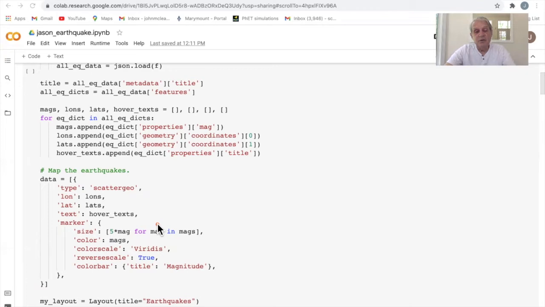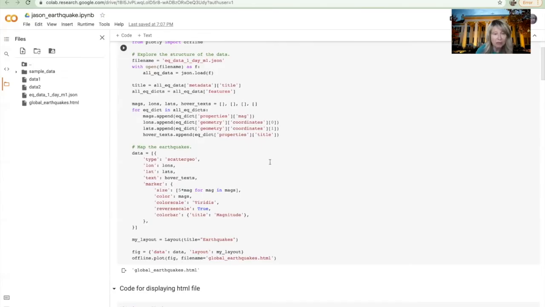And if you hover over it, you'll get the title, that is the location of where the earthquake occurred. So I hope that helps to clarify the data that's being incorporated into our program here. Okay, so it might help for you to understand here, how did we